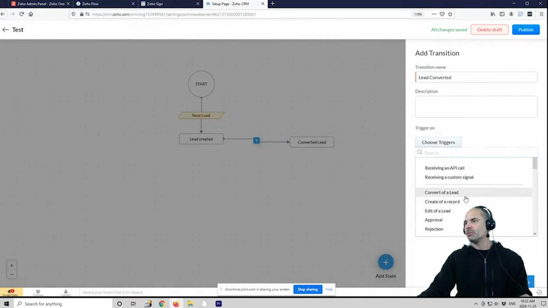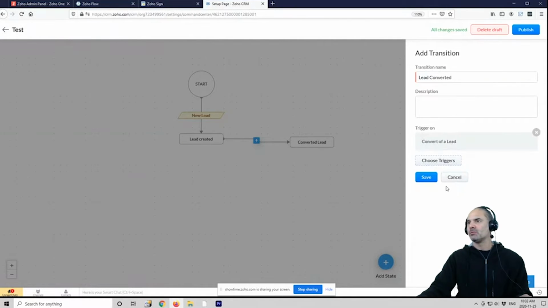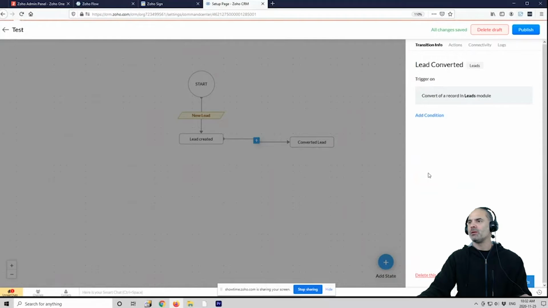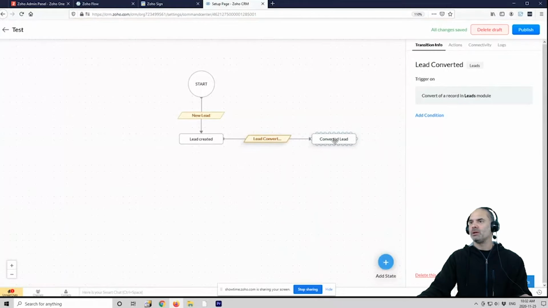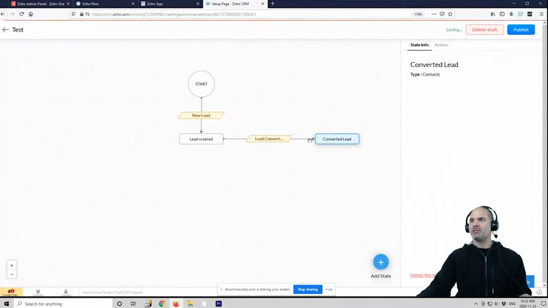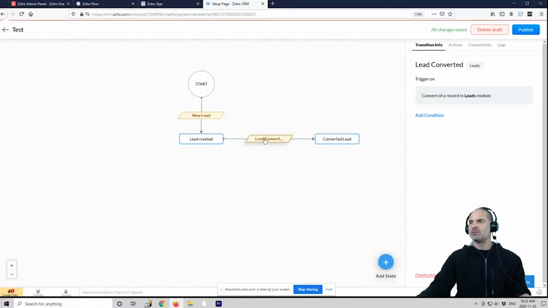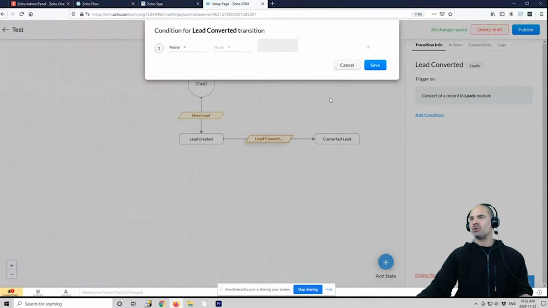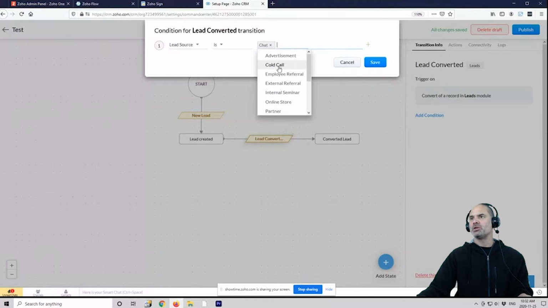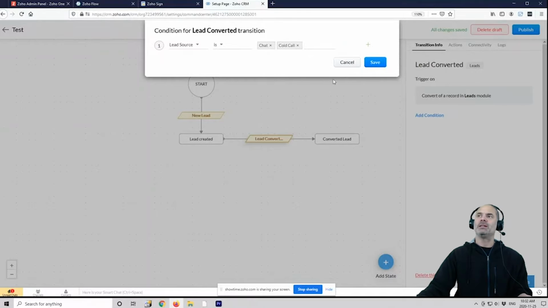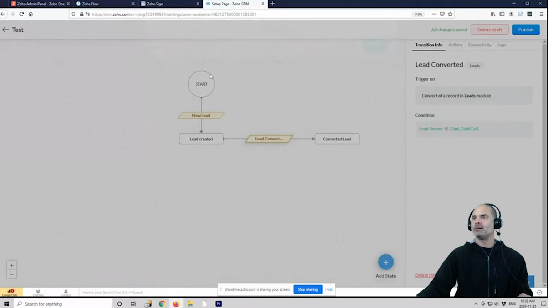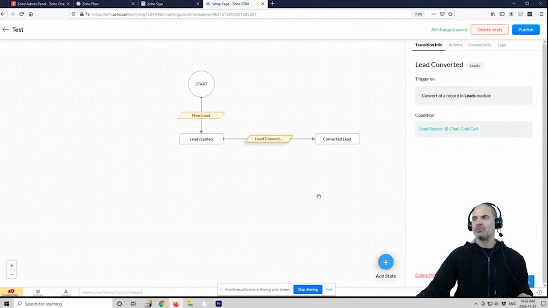And the trigger will be convert a lead. Okay? Gotcha. Now, if you want to make it only for specific leads and not all the leads, you can start to have some criteria here. So let's say when the lead source is chat and cold calls, only then it will run this funnel for you. If not, it will not do it.